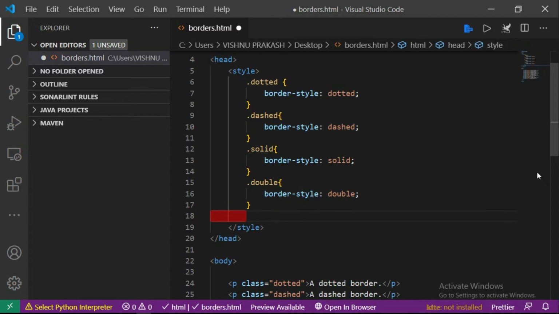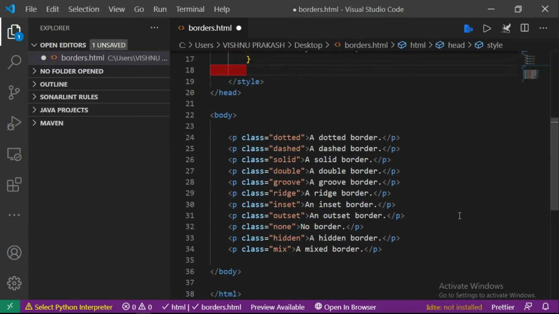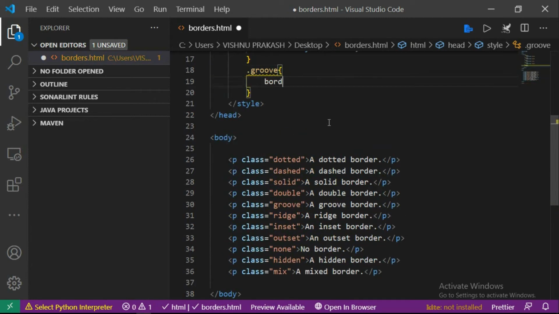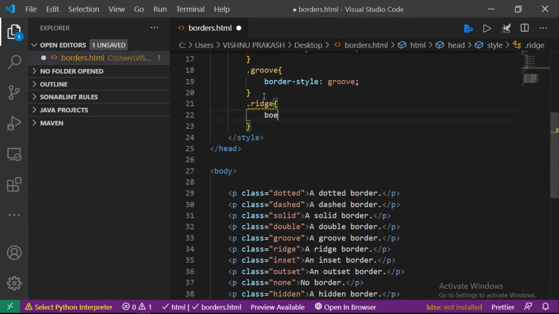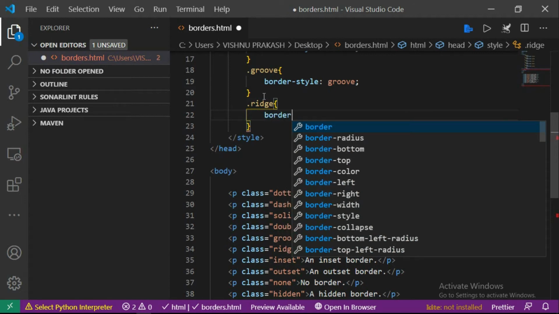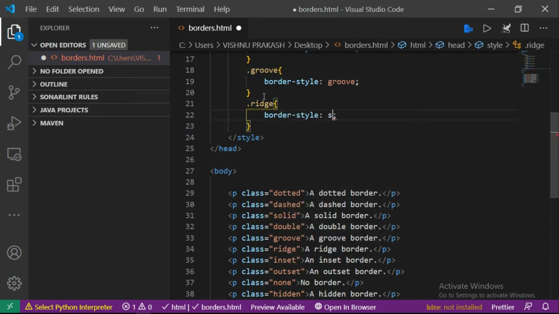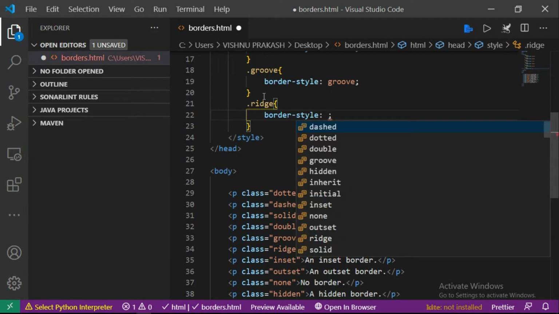The next one we have given is groove. In the groove class we give the border style as groove. The next one is ridge, and we give the border style as ridge.